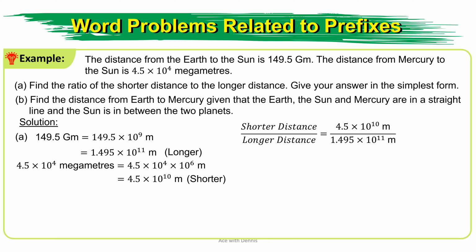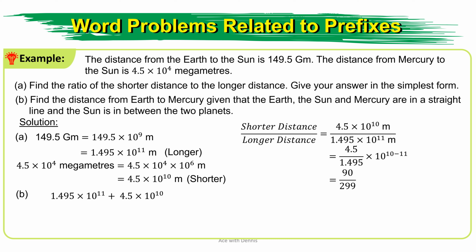Therefore, to form the ratio, shorter distance over longer distance equals 4.5 times 10 to the power 10 meters over 1.495 times 10 to the power 11 meters. So the number divided by the number, and for the power of 10, we do the subtraction. So 4.5 over 1.495 times 10 to the power of 10 minus 11. We get 90 over 299. For B,